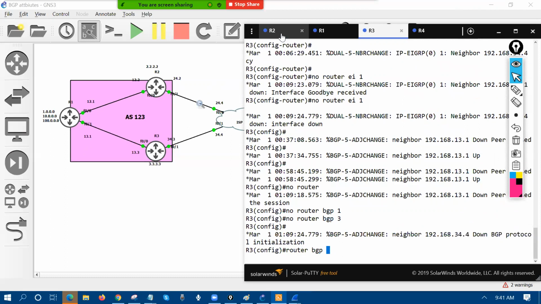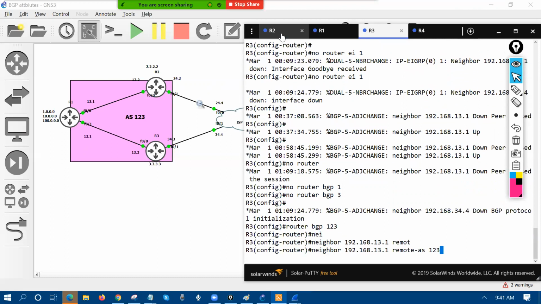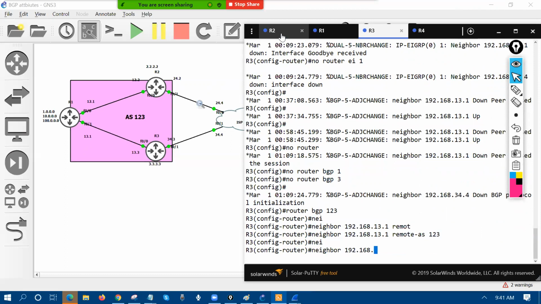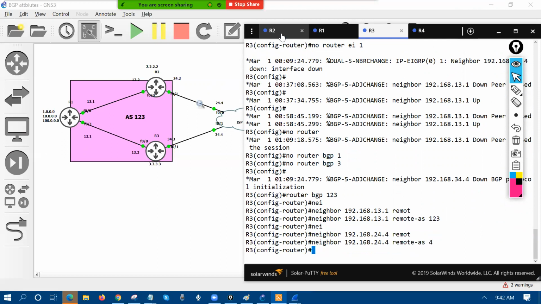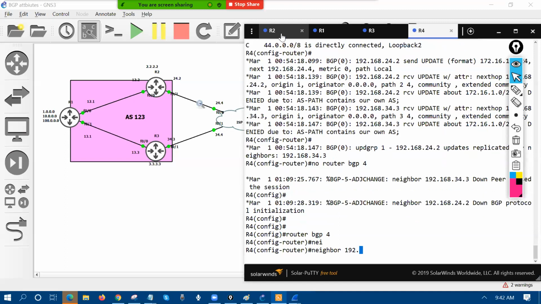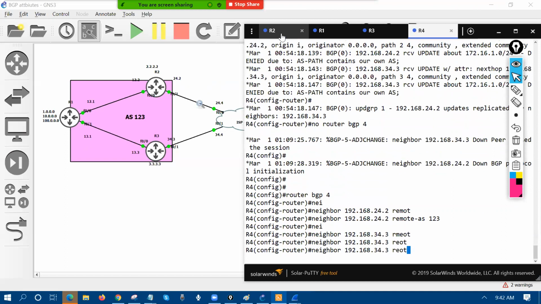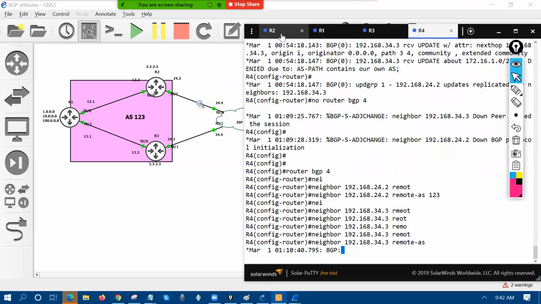Router BGP number 123. The neighborship I'm going to form is with 13.1, that has the same AS number 123. And the neighborship I'm going to form with R4, that is AS number 4, right? Now on router number 4, I'm going to form the neighborship with router BGP 4, and I'm going to form the neighborship with 24.2, that has a remote AS of 123. Neighborship I'm going to form with 34.3 and that has a neighborship with the